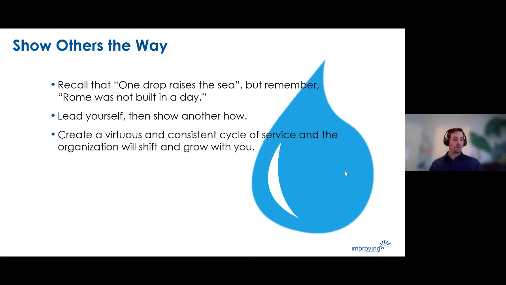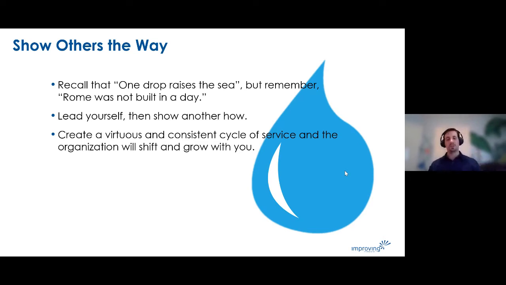Lead yourself first, because that's the only one you have. And as you develop your capability to lead yourself well, people will start to ask you questions. Why are you like that? How did that happen? Start showing them what you see. Start sharing with them. This will build those relationships and increase the capacity for someone to be willing to take a bet on you. And as you do that,